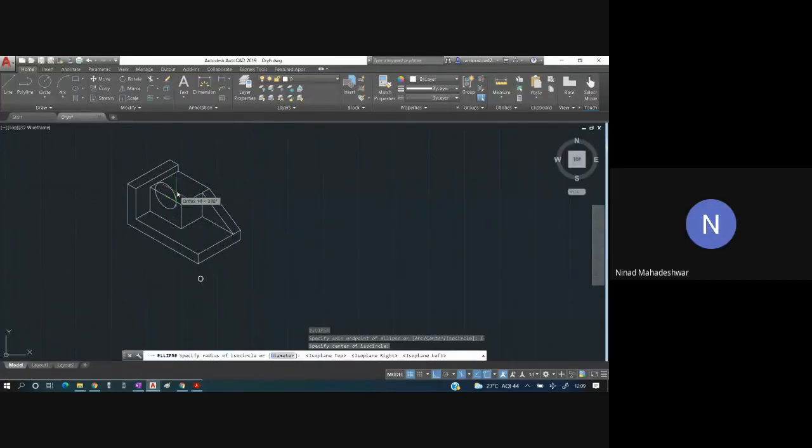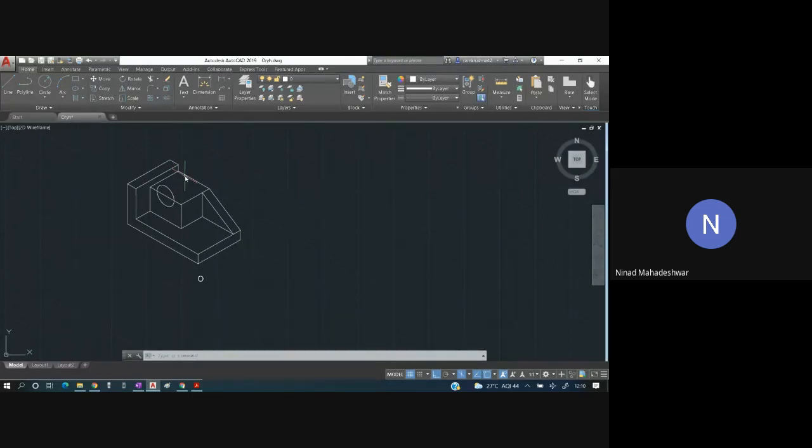Now, looking at this entire diagram, tell me, are you drawing the circle with the help of radius or with the help of diameter? Look at this diagram. Radius. You can see the line is starting from the center and going till the circumference. The distance between center and circumference is the radius. So how much is the radius? 12. We will enter 12 over here, and this has become the circle.